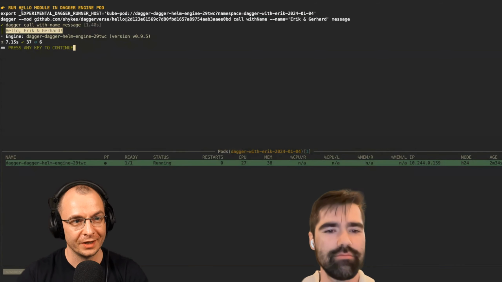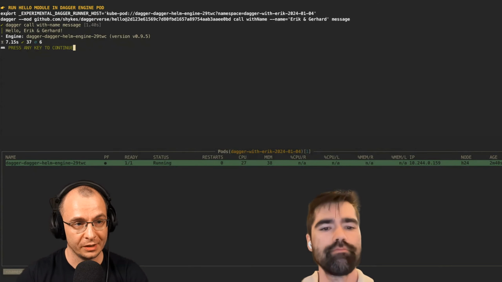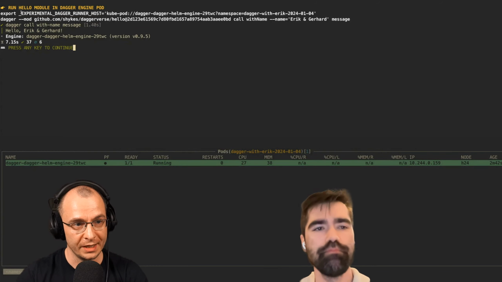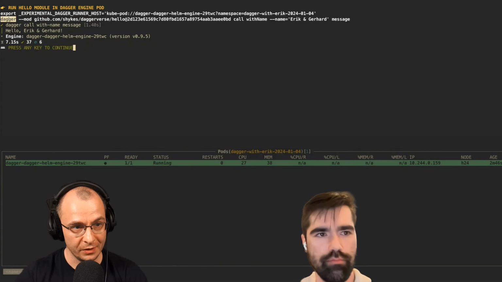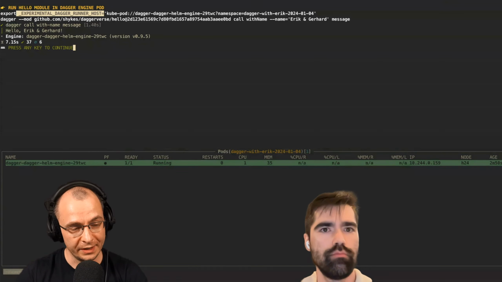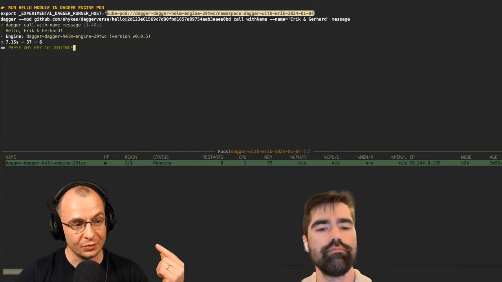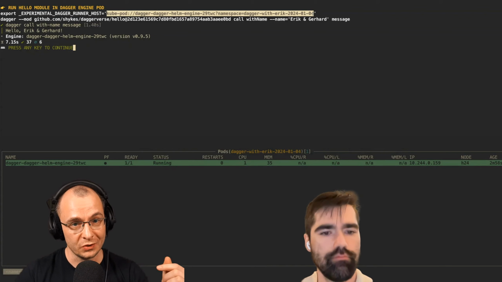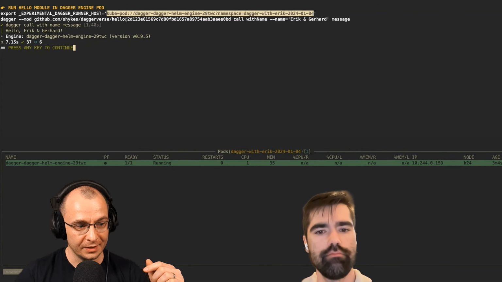Nice. Yeah, that's it. So this is, I think, the secret. And by the way, these commands, they're running locally. So all of these are running locally. This export is running locally. The Dagger CLI is already installed locally, and it's all running locally. And it's using this environment variable that tells the CLI, run this command in this engine, which is running as a Kubernetes pod that we just installed. And this is that magic that, again, many people are missing.